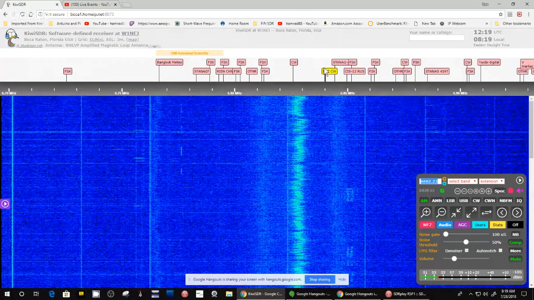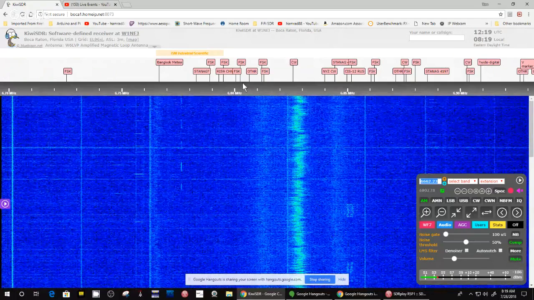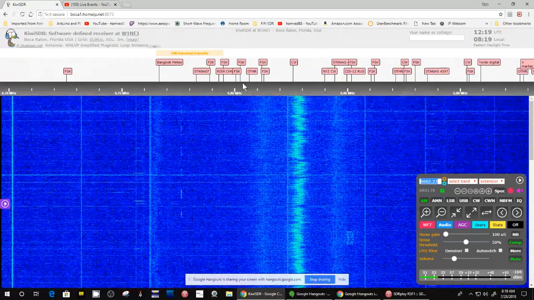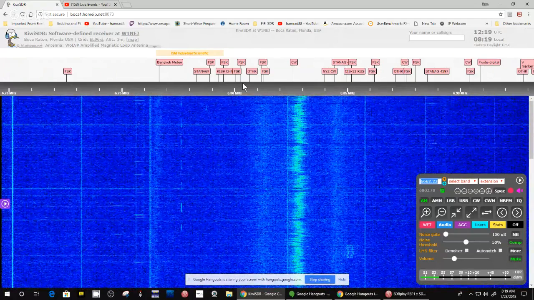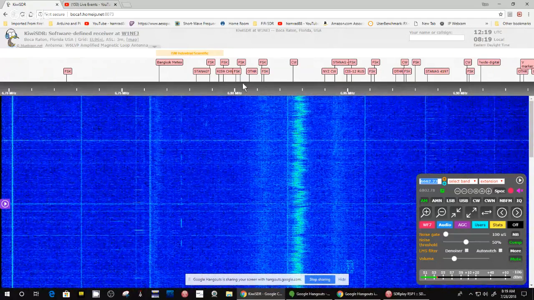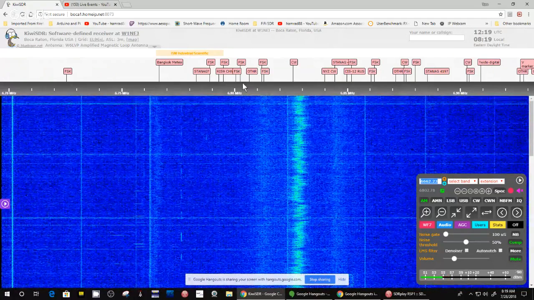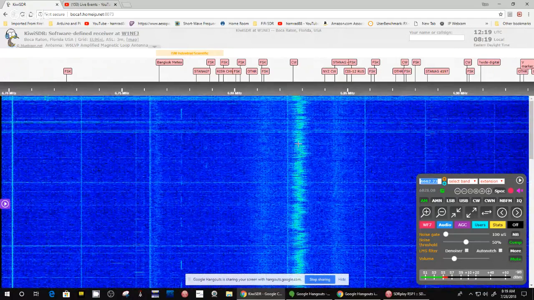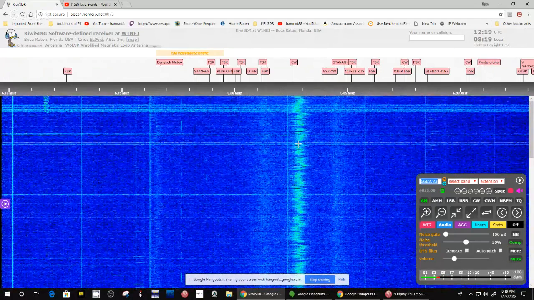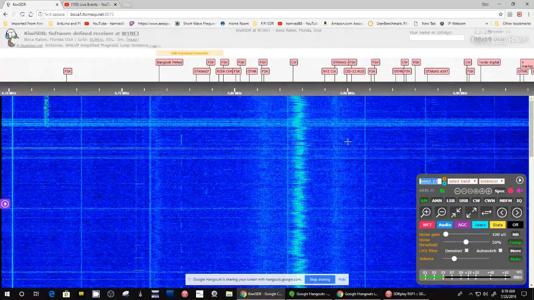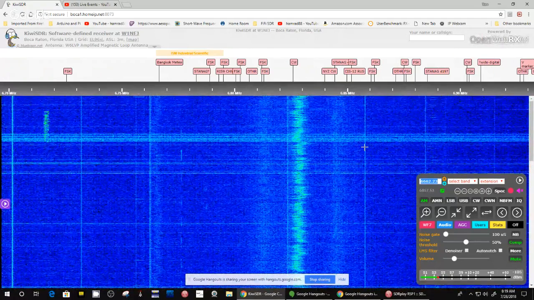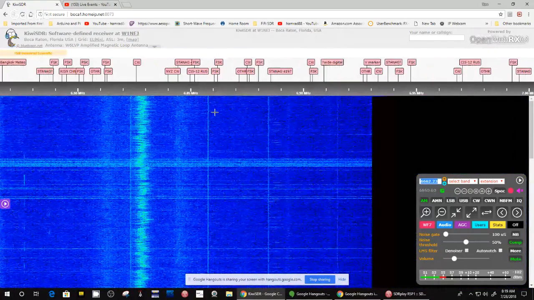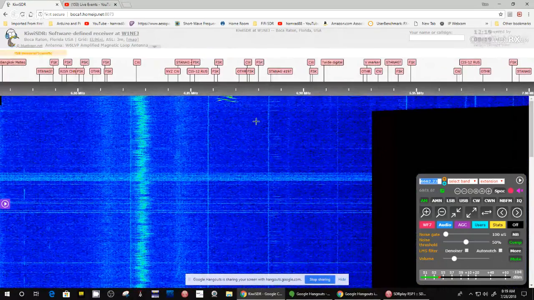Now, what you will notice is these little tags here, they will vary from radio to radio. There's a bunch of general tags that you get when you set up the software, and then you can add your own. And the more tags you see up here, most likely the more active that radio and the owner of that radio is. I still don't see much. It doesn't look too good. There's a signal there.